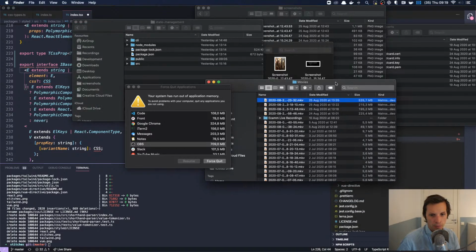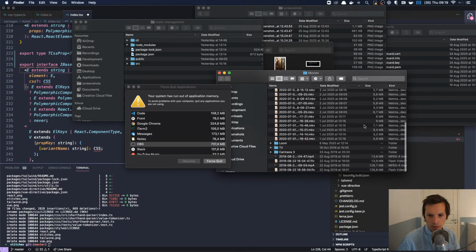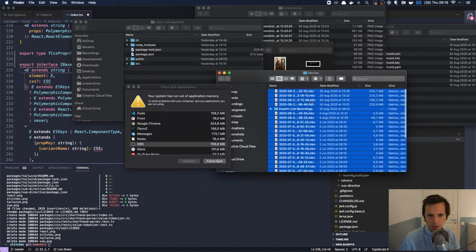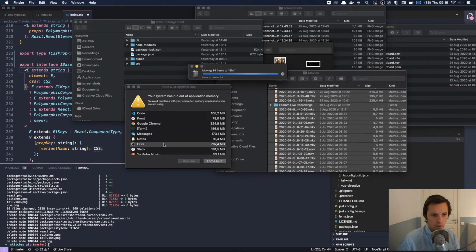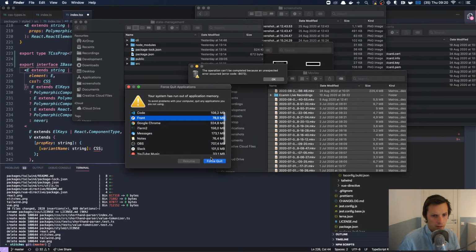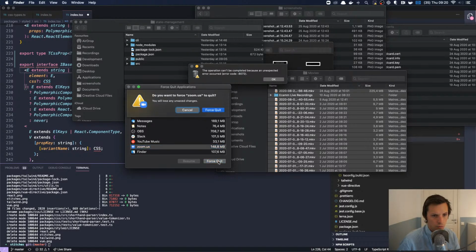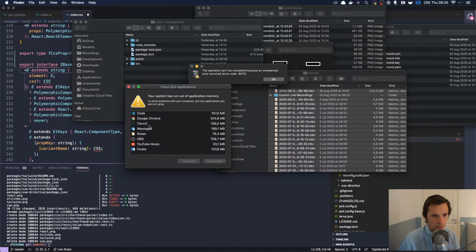Because I think OBS kind of makes a recording of absolutely everything. No, it's not that bad. Apply to all. Shit. What should I... Let's force quit front. Well, we do need VS Code. We don't need Zoom. We don't need Slack. I guess we don't need iTerm either.